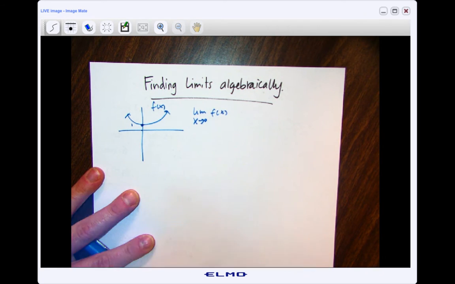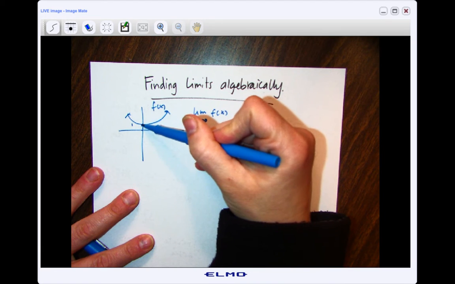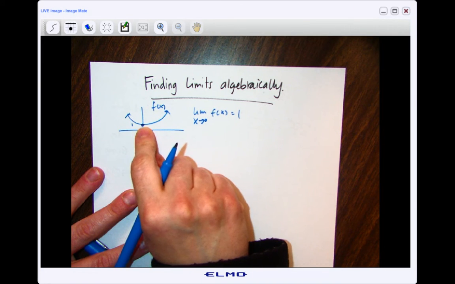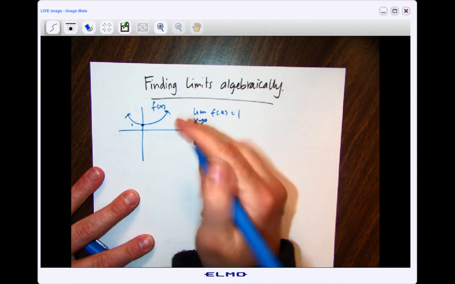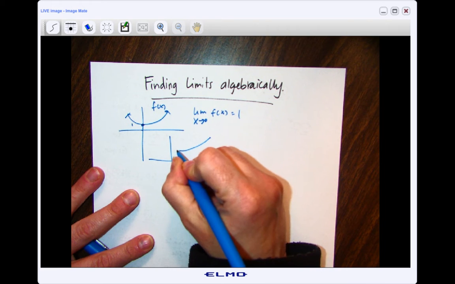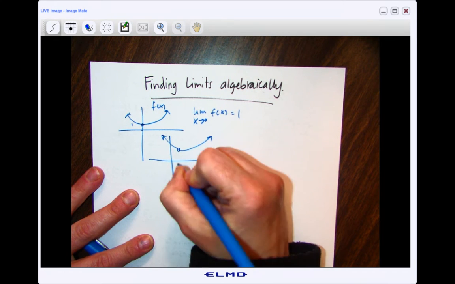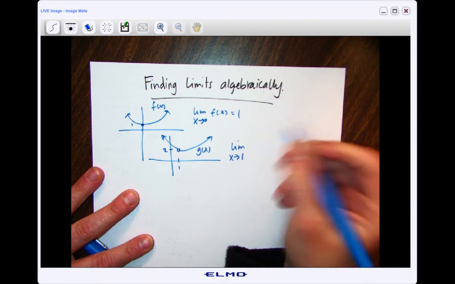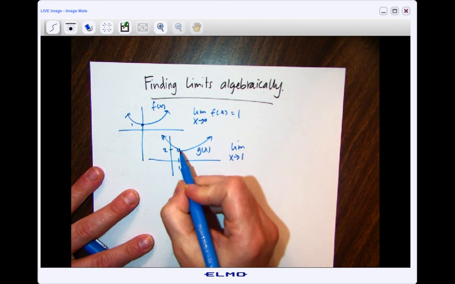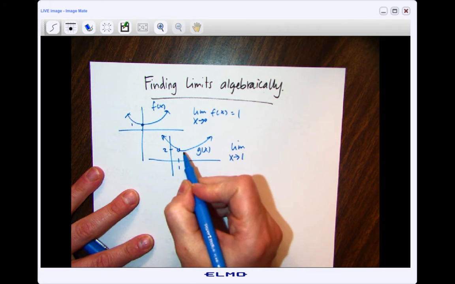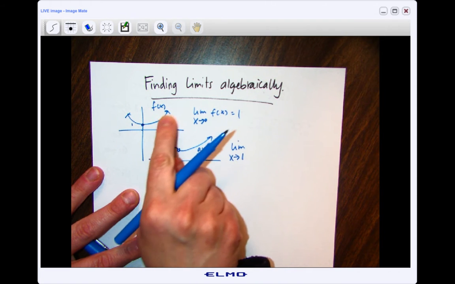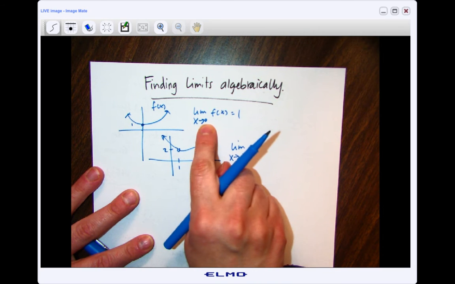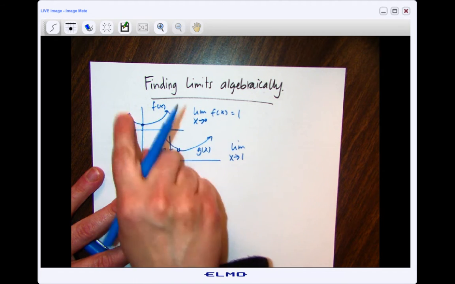since it's a continuous function, the way that I would do it is I would just look to see what the value is at that moment in time. And we would know that that was a 1 because it's approaching the 1 from both sides. We saw that if there was a hole here at 1, the limit as x approaches 1 in this picture, even though I have to jump over the hole, so this is a discontinuous graph. This one's continuous, right? So for continuous functions, the limit is always the same as the function value at that given time. So whatever the function value is at 0, that would be the limit if the function's continuous at that moment